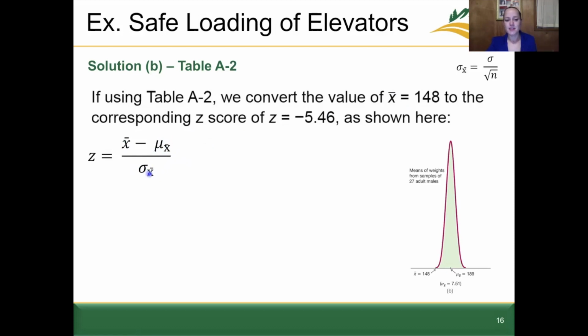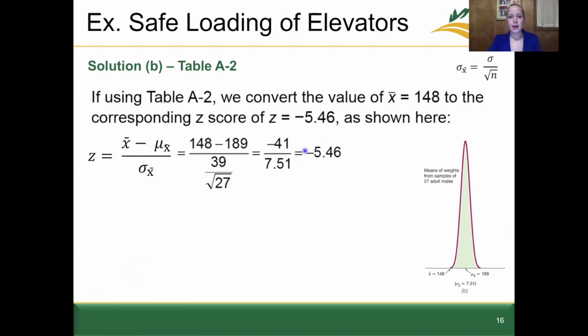And for our standard deviation value, we wanted to take the population standard deviation divided by the square root of n. So we've already done this, but I wanted to show this fully worked out. So 148 minus 189 divided by 39, or the population standard deviation, divided by the square root of 27. We'd already done that previously, so here we're taking negative 41 over 7.51 to get our z-score of negative 5.46. Now, when you go to the table, you look for the negative z-scores, you try to find negative 5.46,